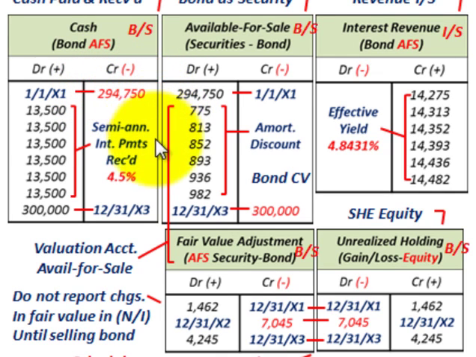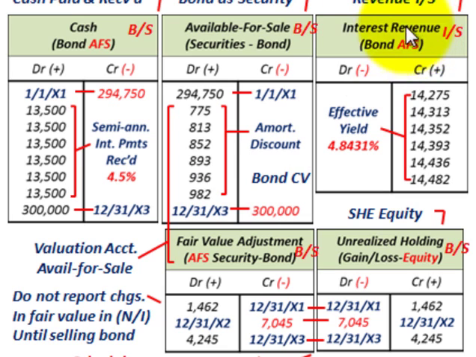Okay, so then your other normal entries, all you do is you take those for your cash, those semi-annual interest payments you receive, that 4.5% interest payment, $13,500. You got 6 of those. Debit your cash for that here, and then under your available for sale security in your bond, that's that amortized discount. You just list that, debit that here for the amortized discount for each period here, and then